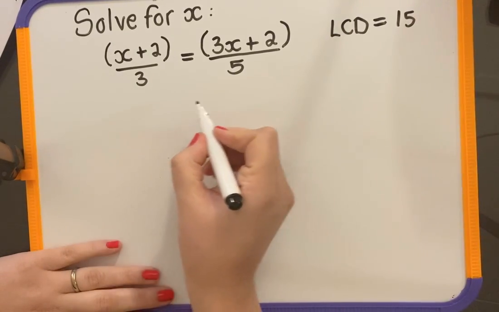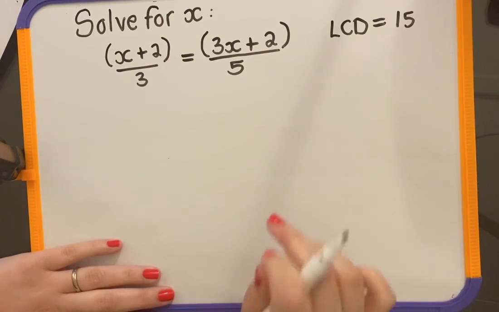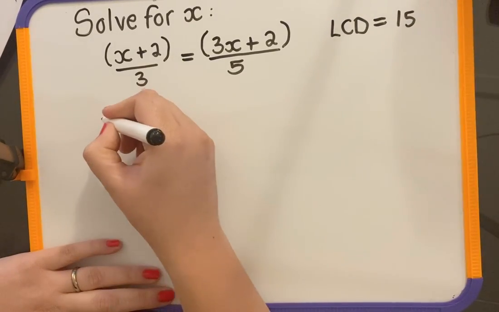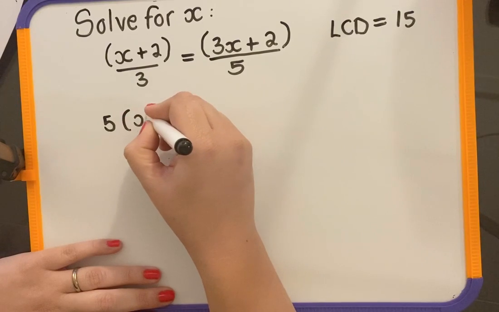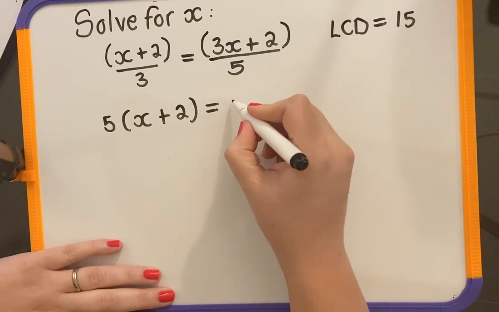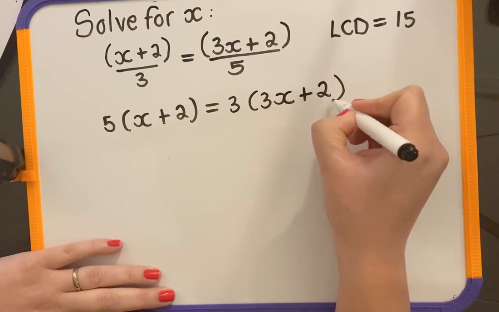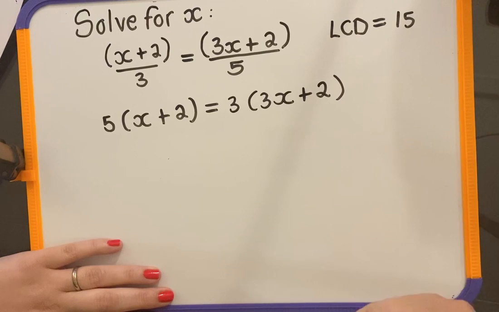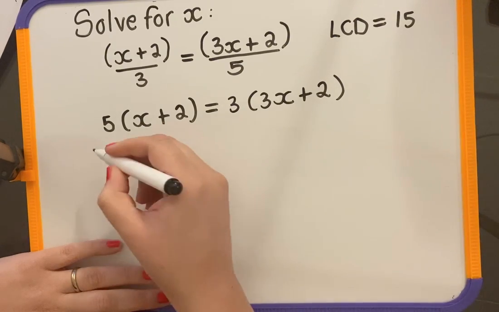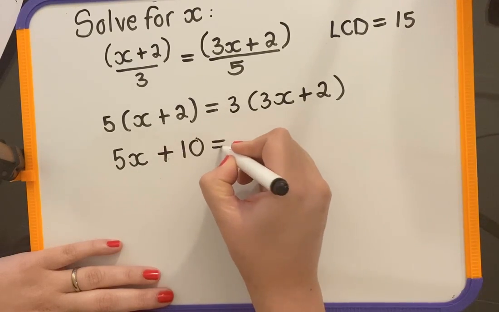Now again, you could write 15 under both denominators, but that is not necessary. You could say to yourself, 3 goes into 15 how many times? 5 times. I can say 5 goes into 15 3 times. If you want to write it over 15 on both sides and then drop your denominator, that is fine, but it is not necessary. Now we're going to distribute. So we're going to say 5x plus 10 equals 9x